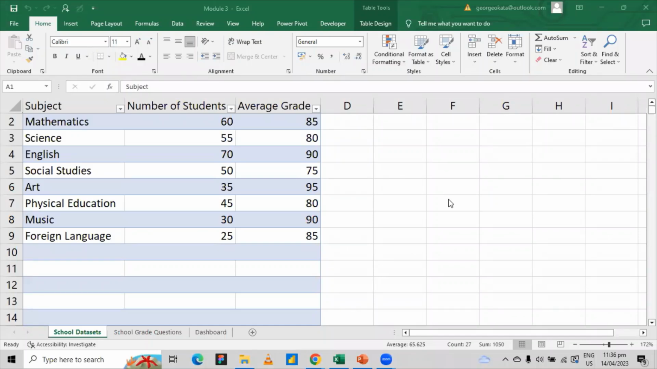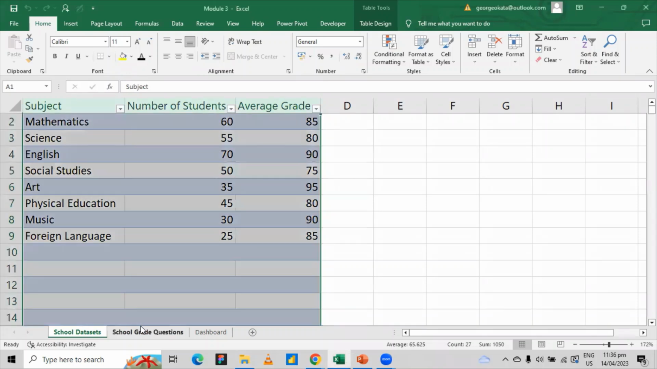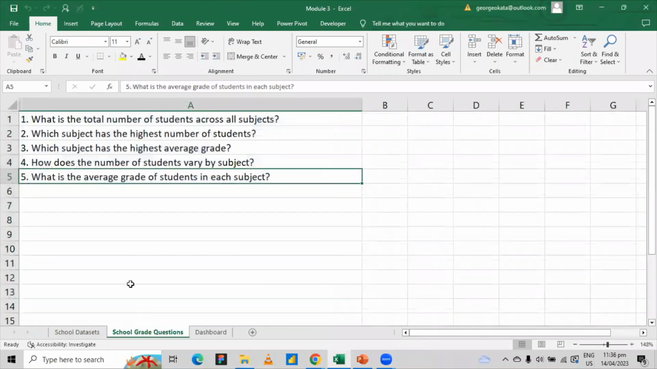Hello and welcome back to the last exercise in our module 3. Now, this is a school data set, a very simple one. It's got a list of subjects, the number of students who attend each of the subjects, and the average grade of students for each subject as well. We've also got some questions here that we'll be answering, such as what is the total